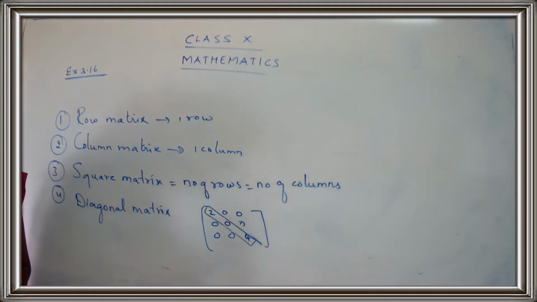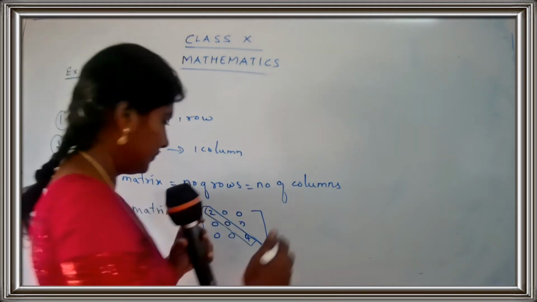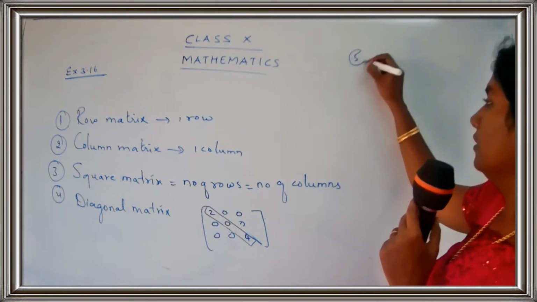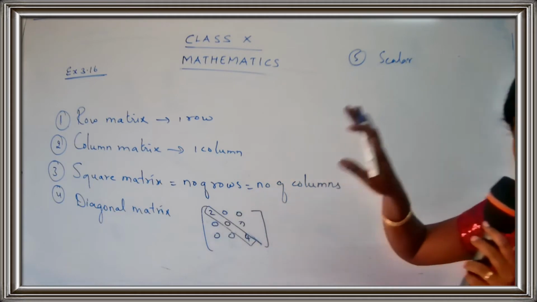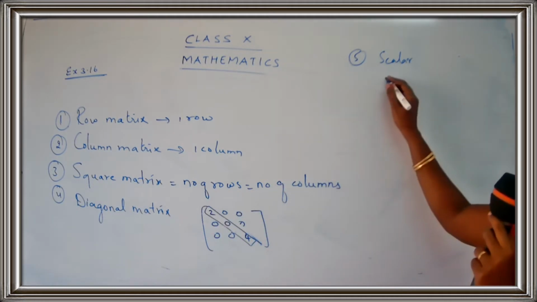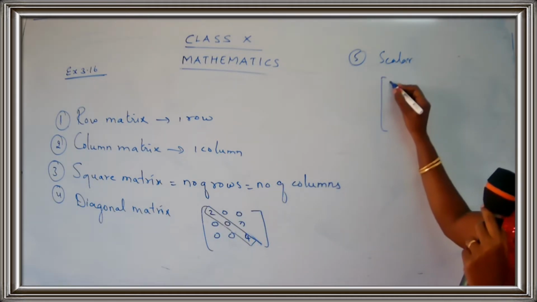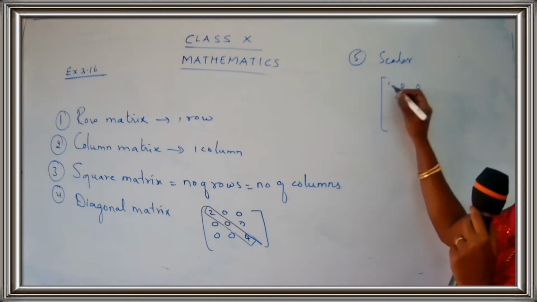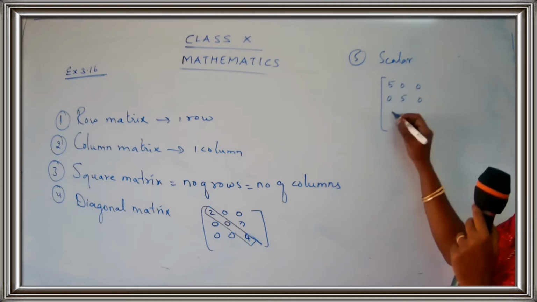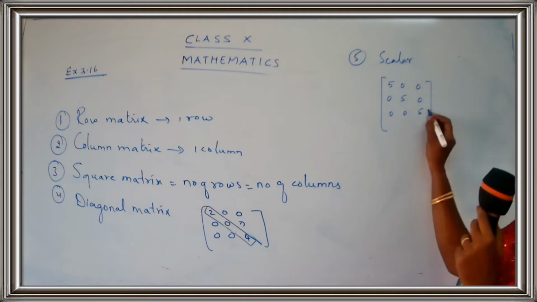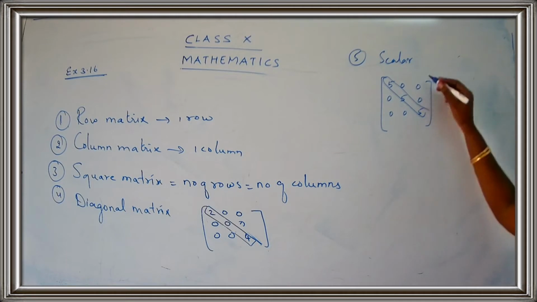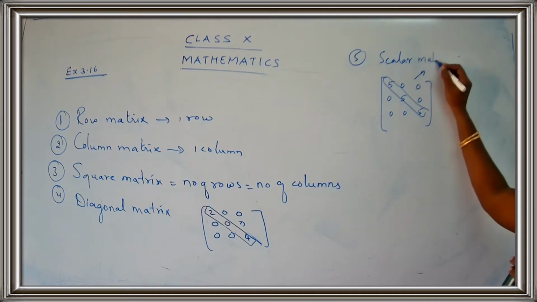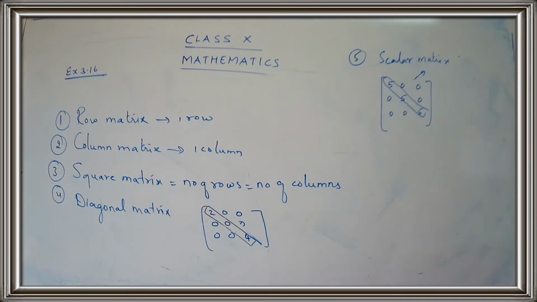Then we had a scalar matrix. In the same manner, for a scalar matrix, we have to focus on the leading diagonal, but the only condition is you have to get the same number. I'll put here 5, 0, 0, 5. So you have to get the same number. 5, 5, 5, 6, 6, 6, 7, 7, 7. So that is called a scalar matrix. And all the remaining elements to be 0. This is for scalar. So just get the difference.